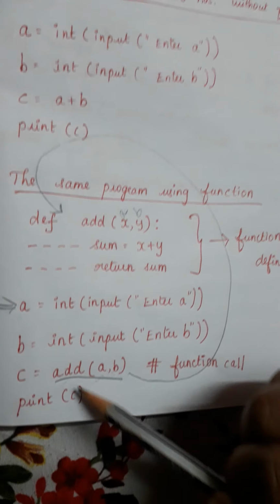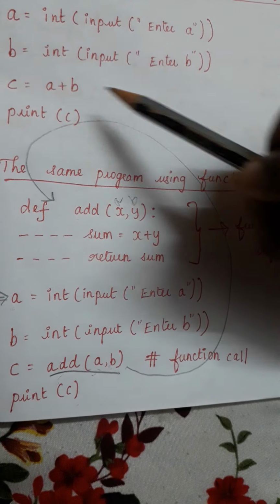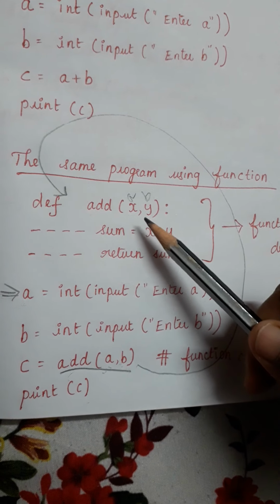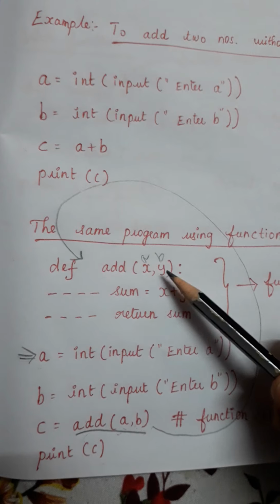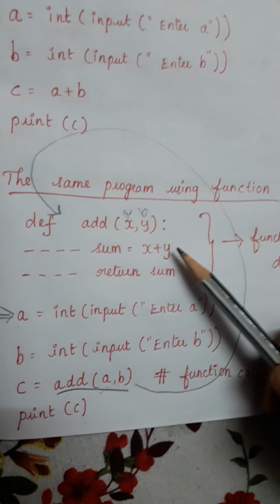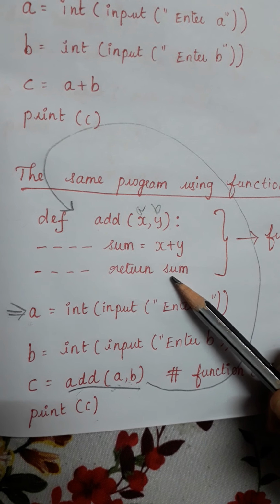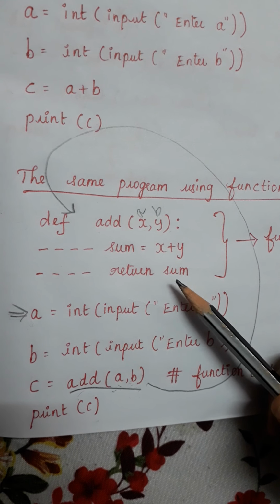So when the function call gets executed, the program control flows from this particular line to the definition part. When it is flowing like this, it also carries the inputs a and b and stores them in x and y respectively. So next, the x and y values are added and stored in sum, and this value of sum is getting returned. Now again, where do we have to return? This is a question, right?